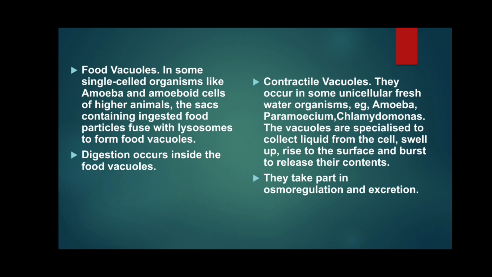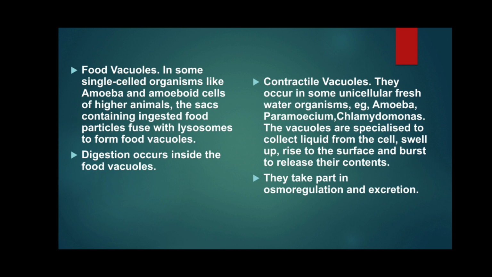Pseudopodia fuse together to form a food vacuole, and inside the food vacuole the food particle is digested due to the action of enzymes released by the food vacuole. So that is the food vacuole found in amoeba,